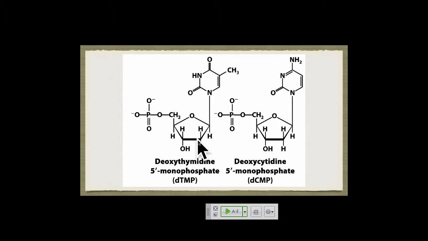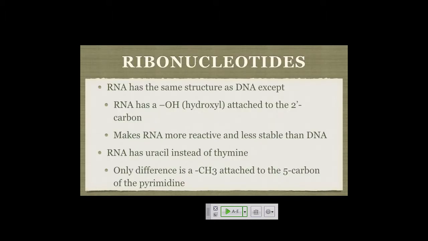Again, I'm not expecting you to draw the structures, but really be able to point out these key differences that I just said. Yeah. So would there be an R for RNA? Sometimes, but it's rare. Most of the time, you'll just see ATP or GTP, and you know what it means. If there's no lowercase d in front of it, it's safe to assume it's ribo.